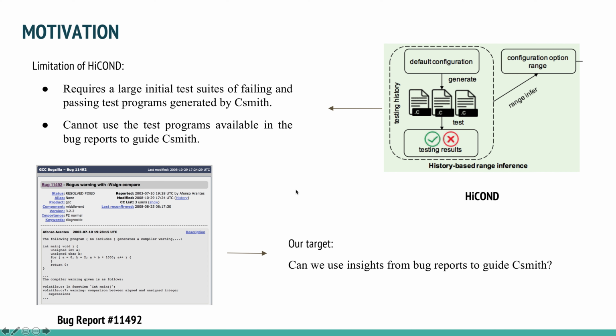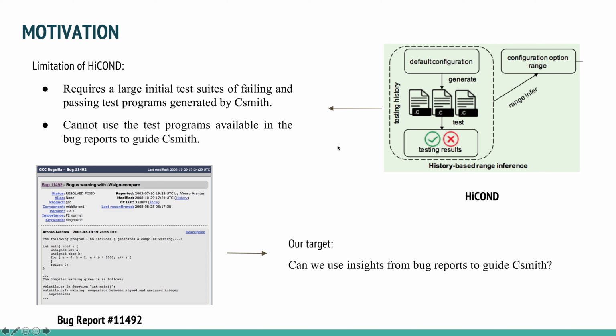While our kconfig approach and the state-of-the-art HiCOND both use an initial test suite to infer effective configurations for Csmith, they differ in two main ways. We use real bugs from bug reports, but they use Csmith-generated programs. HiCOND requires the configuration of Csmith in the generation of each test program. In other words, all initial programs must be generated by Csmith. Therefore, test programs that are not created by Csmith, like the programs available in bug reports, cannot be